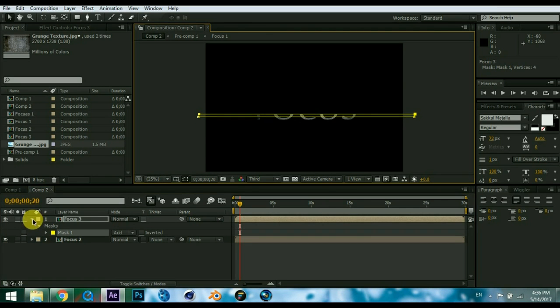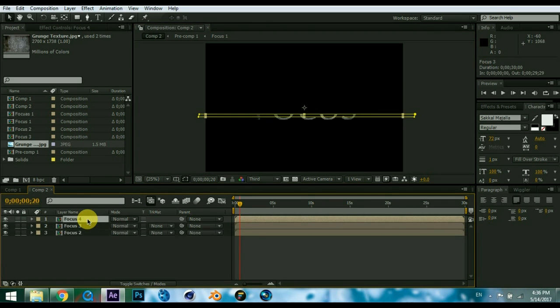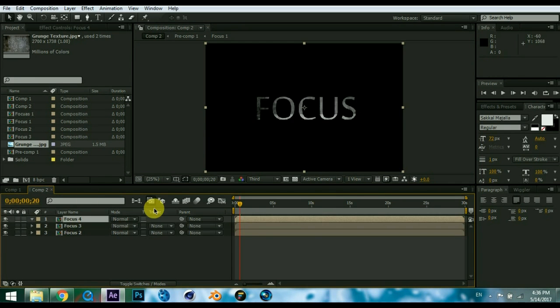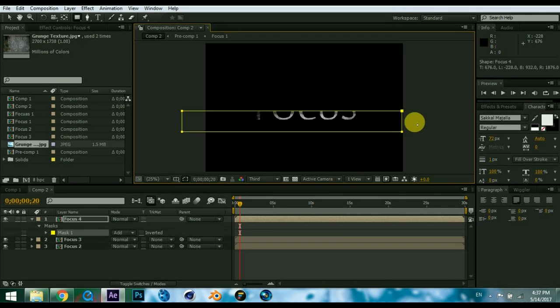Maybe right there. And now Control D again and hit M on the keyboard and delete the mask, and press Q on the keyboard, the Q key, to select the rectangle tool, or just do it manually. Right, so let's draw another mask,